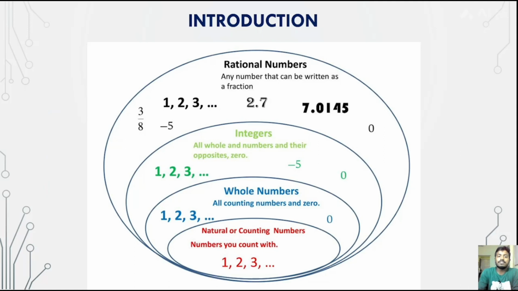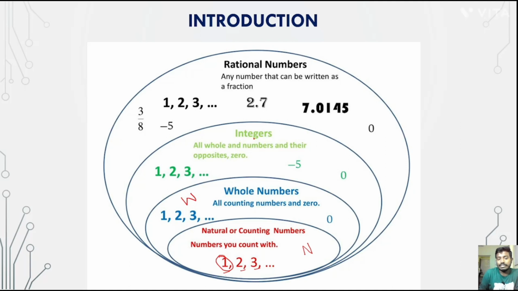First, the introduction. Before starting rational numbers, you should understand what a natural number is, then whole numbers, then integers, and then we learn about rational numbers. First, natural numbers. A natural number is denoted by the capital N. All the counting numbers, that is 1, 2, 3, are called natural numbers, and the smallest natural number is 1, and the greatest natural number we cannot find. Understand? Now next, when we add 0 with all the natural numbers, it is known as a whole number, and a whole number is denoted by W.